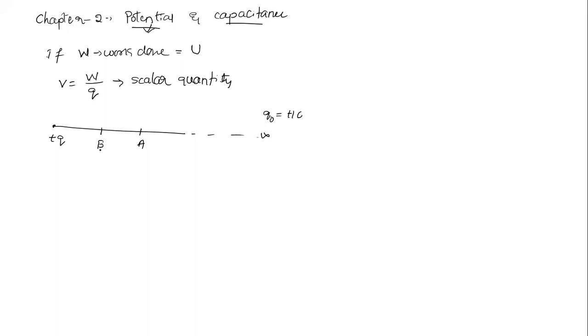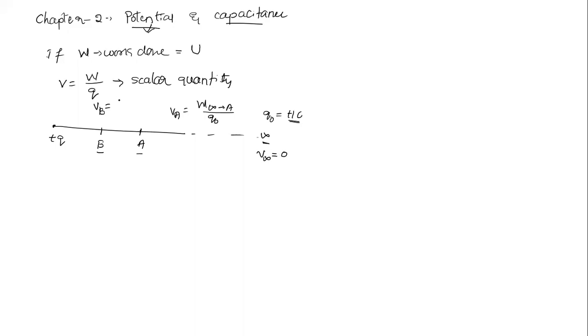Okay, now the question is, these 2 points A and B, which is at higher potential? Let us see now. To bring charge from infinity to point A, we are going to do some work done. That is, let us take potential VA equal to work done to move charge from where? Infinity to point A, divided by which charge we are moving? 1 coulomb, right? So that is Q naught. To bring it to B, we are going to do like this. This is potential at B with reference to what now? Infinity, where potential at infinity is taken as 0.